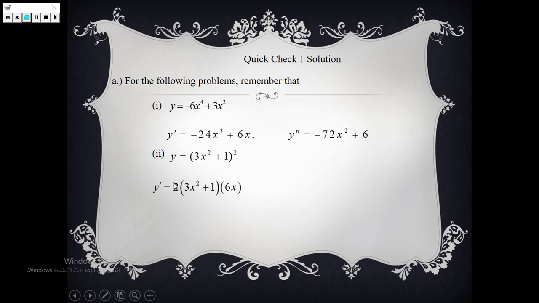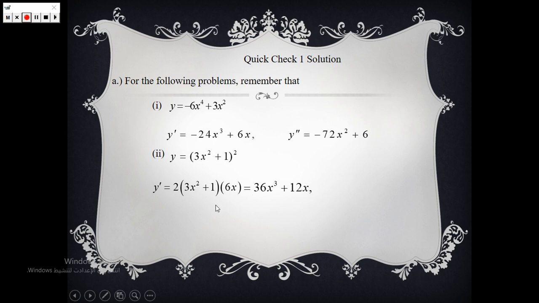First, y dash equal 2 multiply 3x power 2 plus 1 power 2 minus 1 equals 1, times derivative of the function between the two brackets. Then derivative of 3x power 2 plus 1 equal 6x. So that's the first derivative of the function,